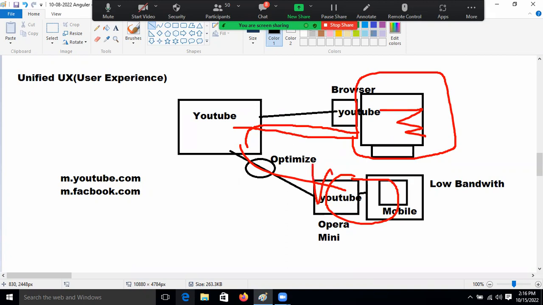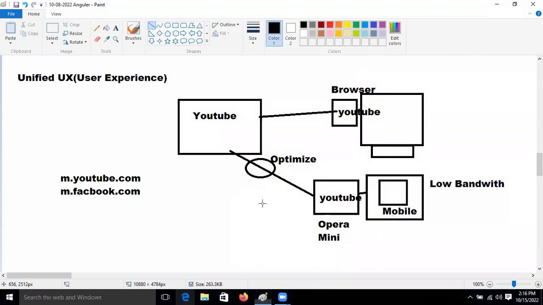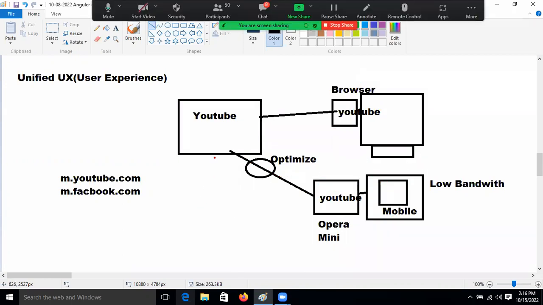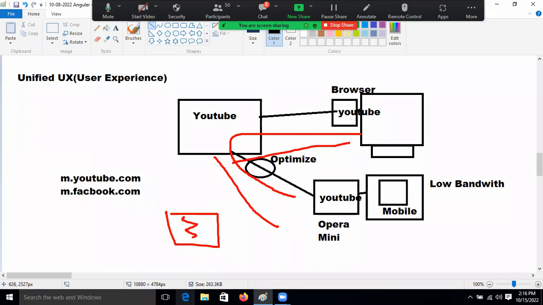We should not reduce any functionality in our mobile, even though our mobile bandwidth is low compared to a computer, because mobile has a small width and size, and a computer has a big size.